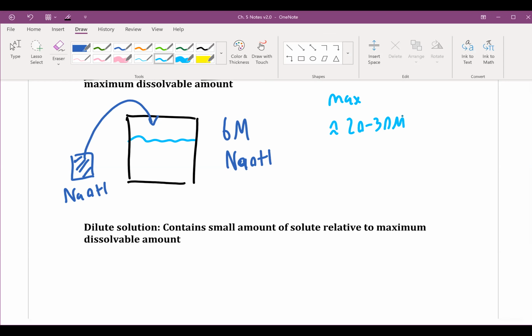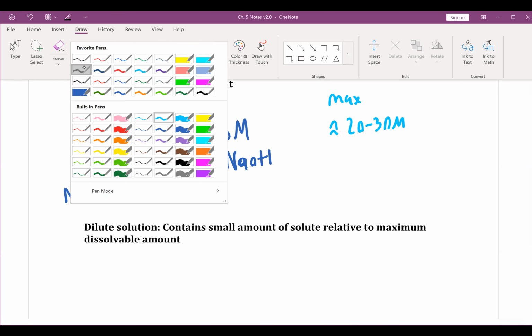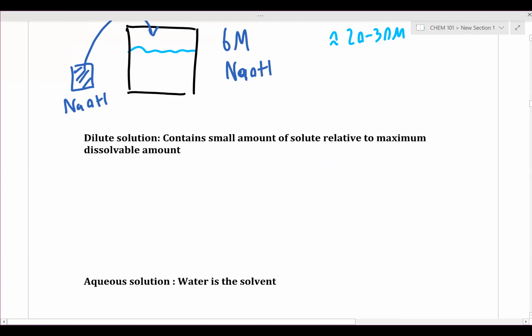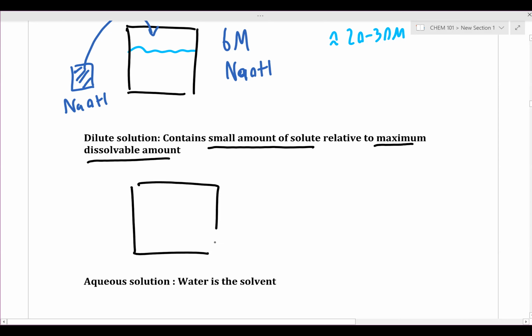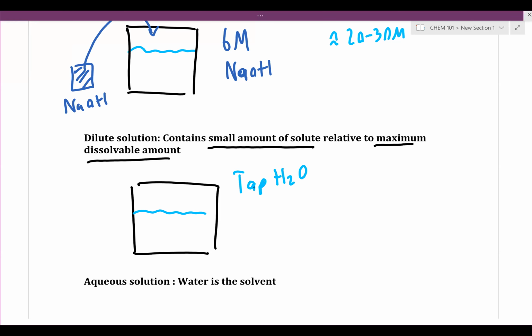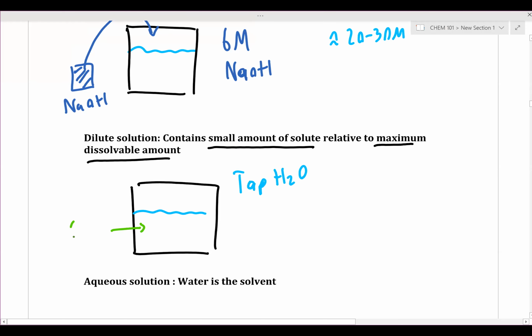Now, if we contrast the concentrated solution with a dilute solution. In a dilute solution, we have a small amount of solute relative to the maximum dissolvable amount. And the best example I can think of for this is tap water. So in our day-to-day lives, we can drink tap water with no adverse effects. You can turn on the tap, drink the water, and you won't get heavy metal poisoning, right? But in that tap water, there are trace amounts of metals. So there's a little bit of copper, a little bit of magnesium, but the amount of copper and magnesium is